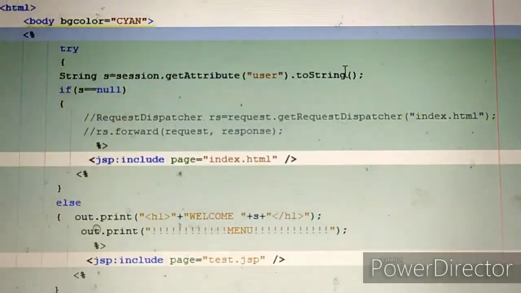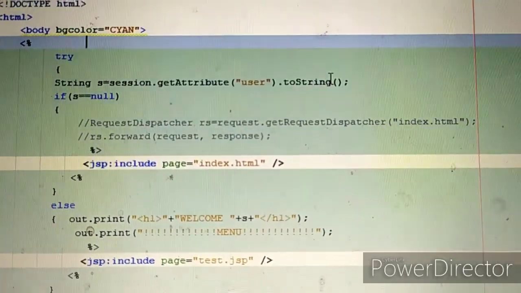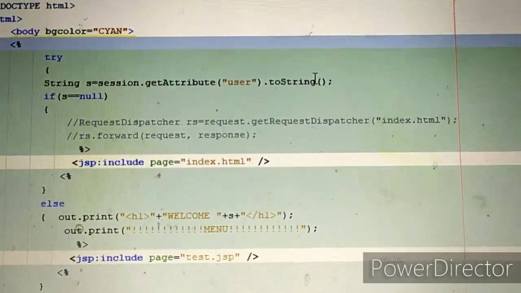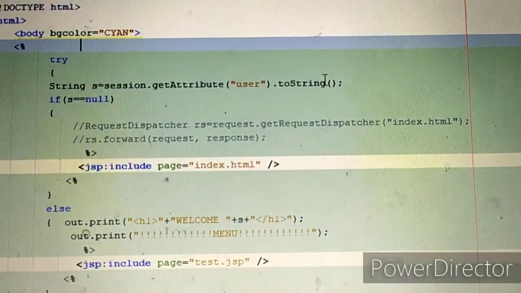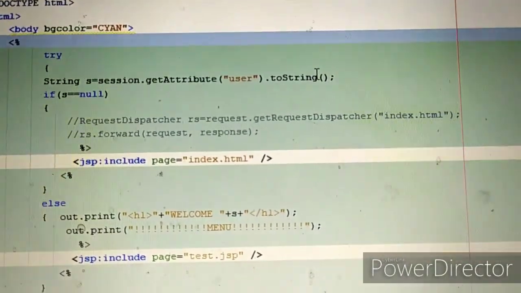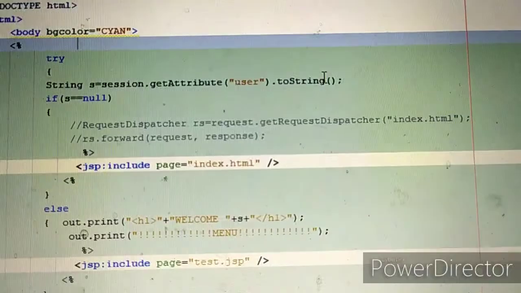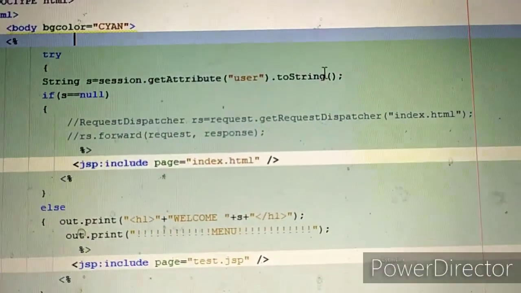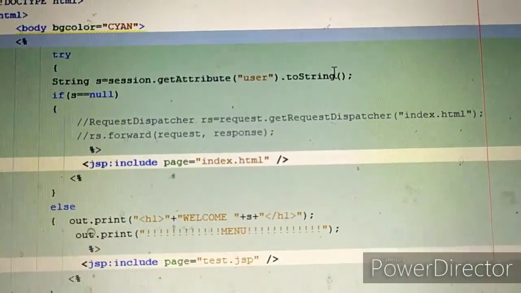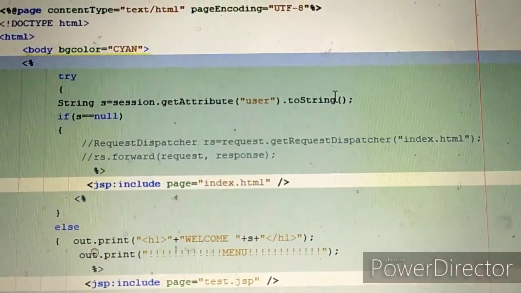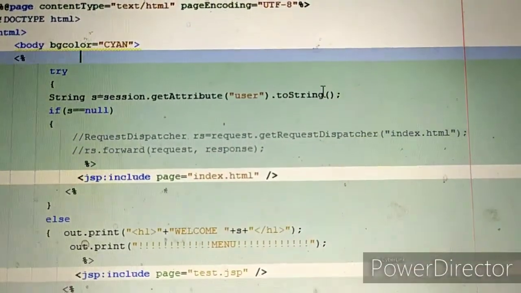If the session attribute is not null, that means the user has accessed this welcome page through the proper channel, that means by logging into the system. And if the value of this user attribute is null, that means the user has directly tried to access that page through the URL. That case we have to handle.